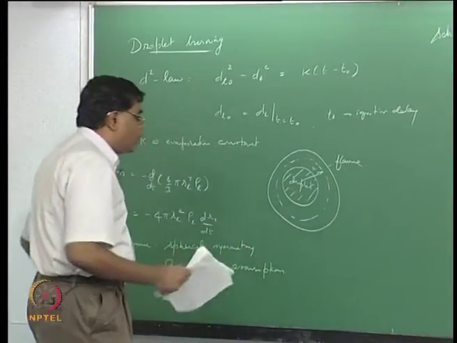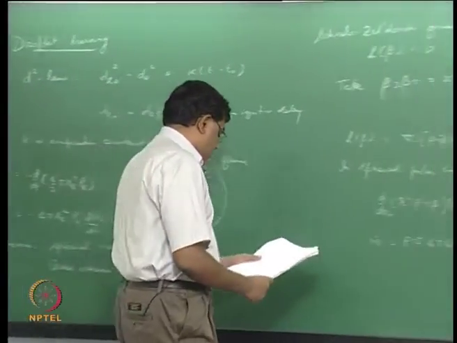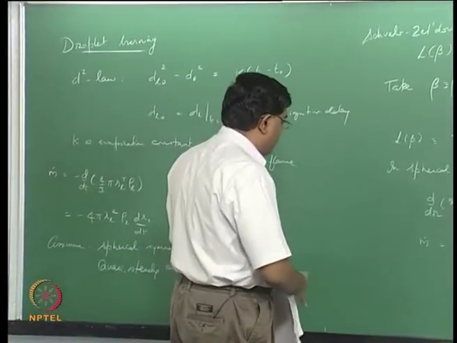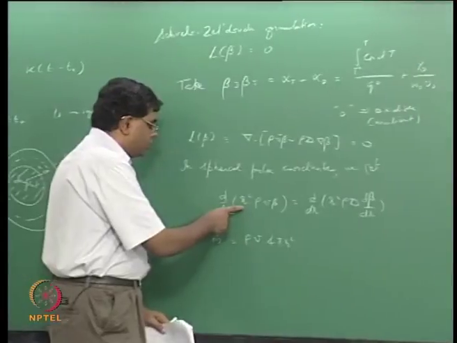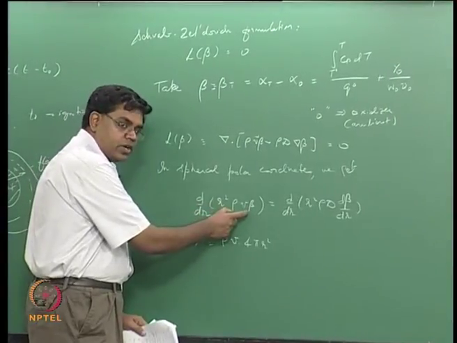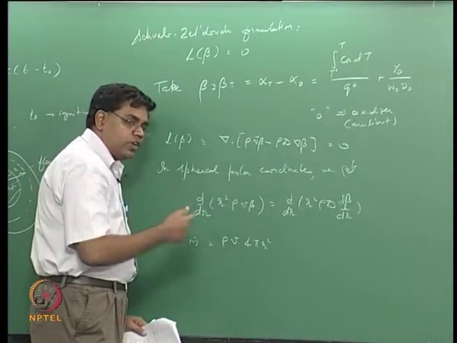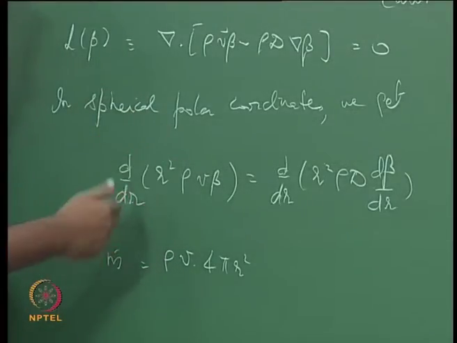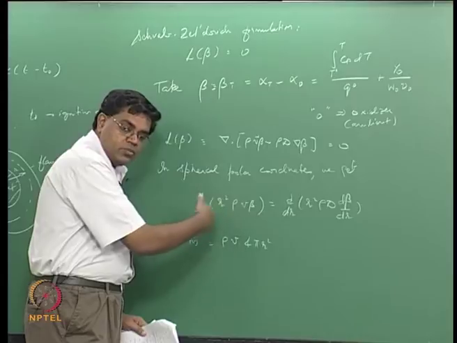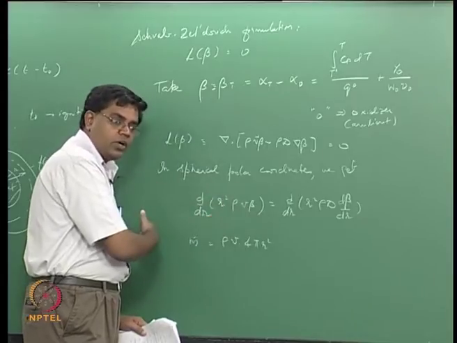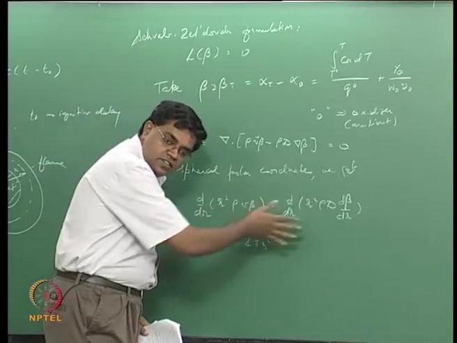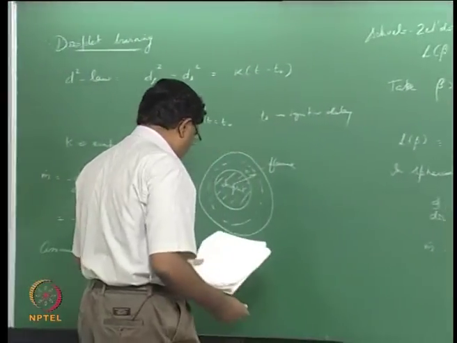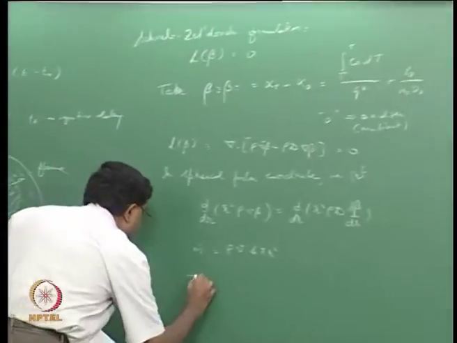So we want to make use of this. The point basically is, whenever you see an r squared rho v, immediately think: can I throw in a 4 pi and make it look like m dot, and then utilize it as a constant, pull it out, take it to the other side, or slip it into the derivative? You can do all these kinds of things. So this can now be written as